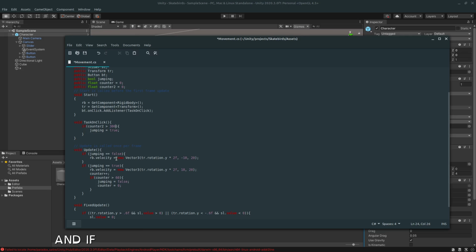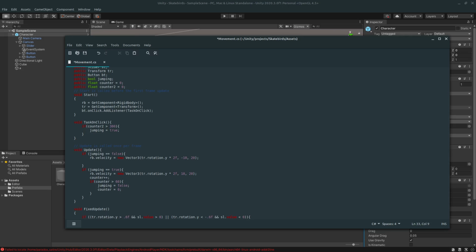And if counter 2 is less than 300, then counter 2 plus plus